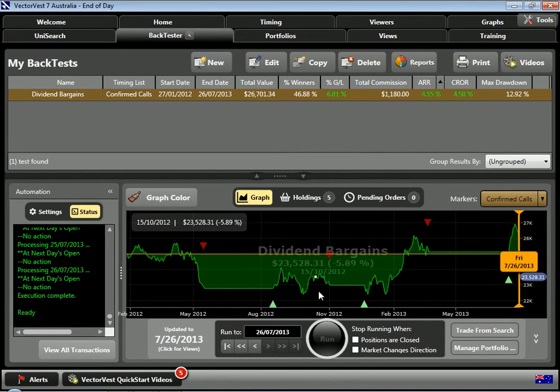The next turn we finished a little bit ahead of where we started. Very nice turn here on this next run that we had at the end of 2012 into the 16. And of course a nice turn on this last confirmed up call from the 12th of July. And of course I've not optimized this, tried other stops. I'm just coming with a pretty straightforward recommendation equals sell approach, just so we can benchmark our performance